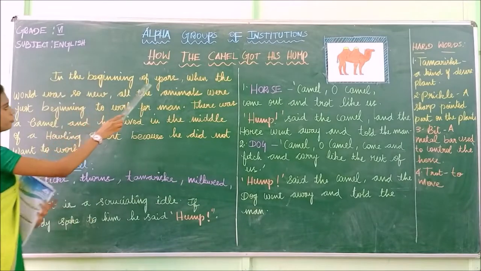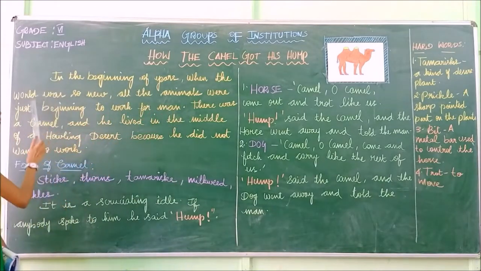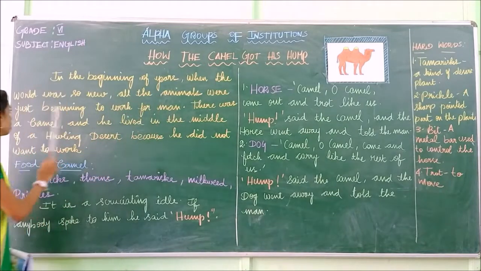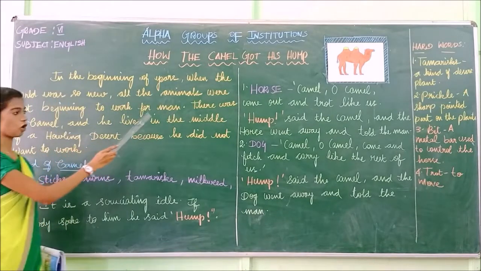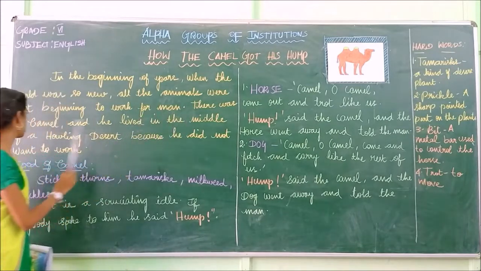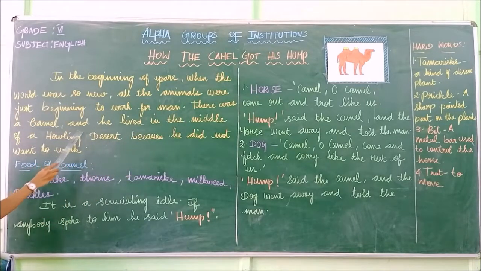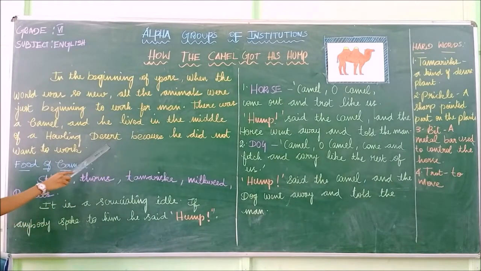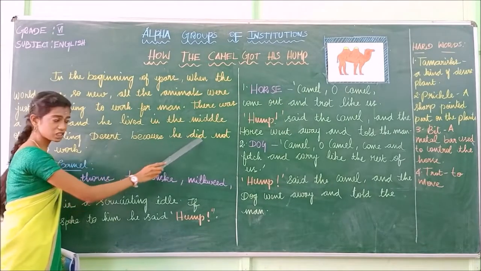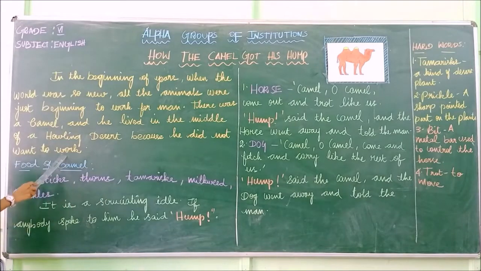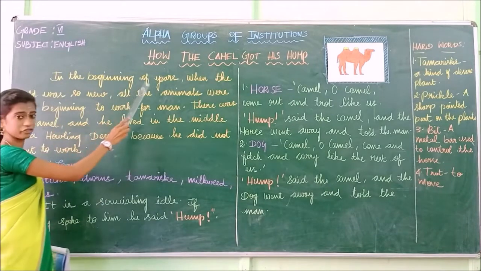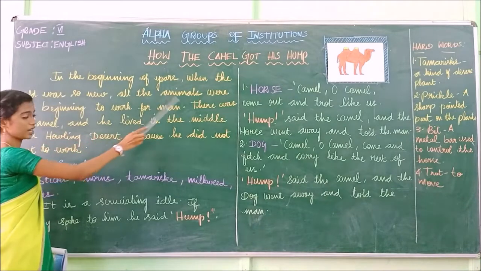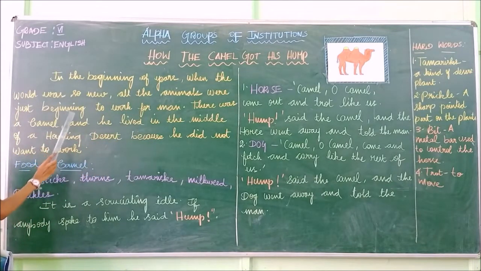In the beginning of years, when the world was so new, all the animals were just beginning to work for man. There was a camel and he lived in the middle of a howling desert because he did not want to work. In the beginning of years, when the world was so new, all the animals were just beginning to work